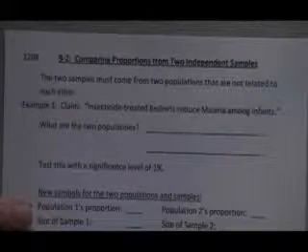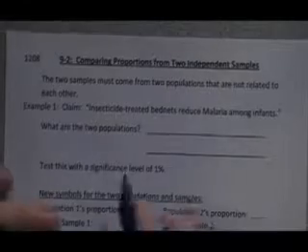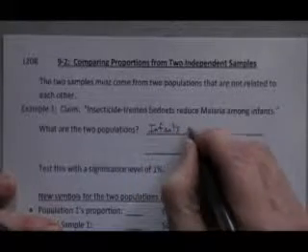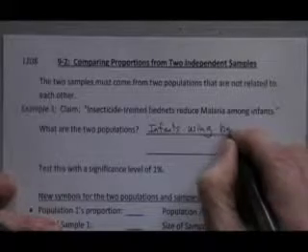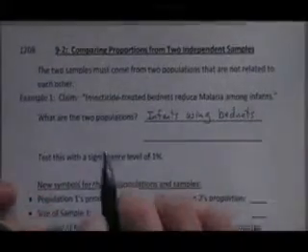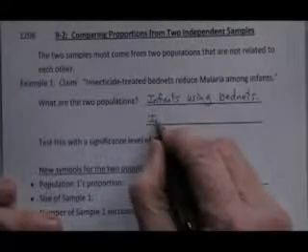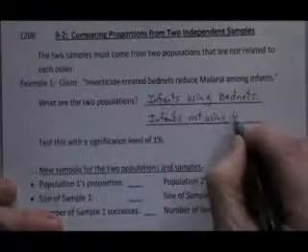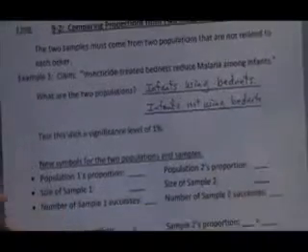So, here we go. We're going to start by identifying my populations, my two populations. My first population is going to be infants using the insecticide-treated bed nets. And my second population is going to be infants, obviously, not using the insecticide-treated bed nets. And we're going to test this claim, this hypothesis, at a significance level of 1%. And we will again comment on exactly what that means later on when we deal with this value of 1%. Now, there are a number of new symbols in this section, just like there have been throughout the quarter,